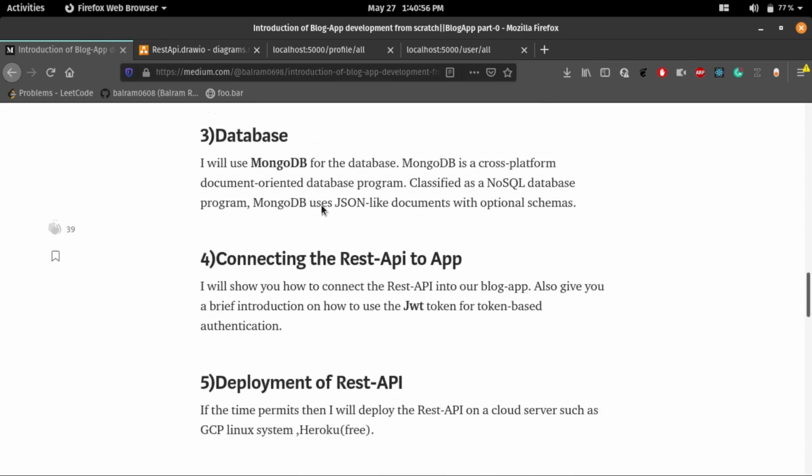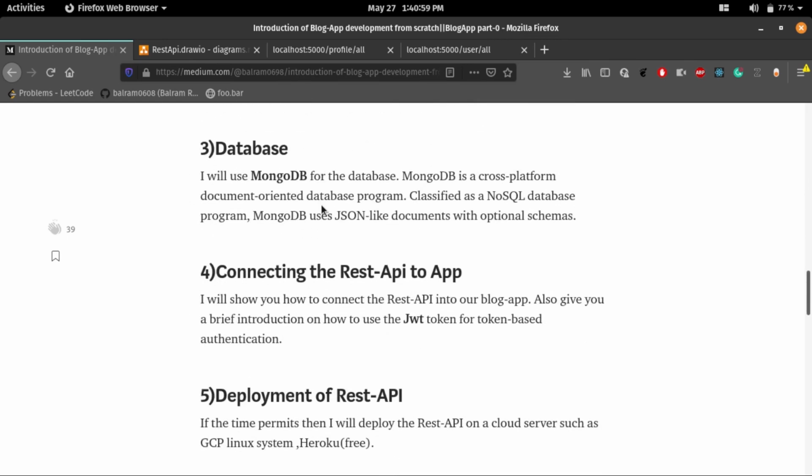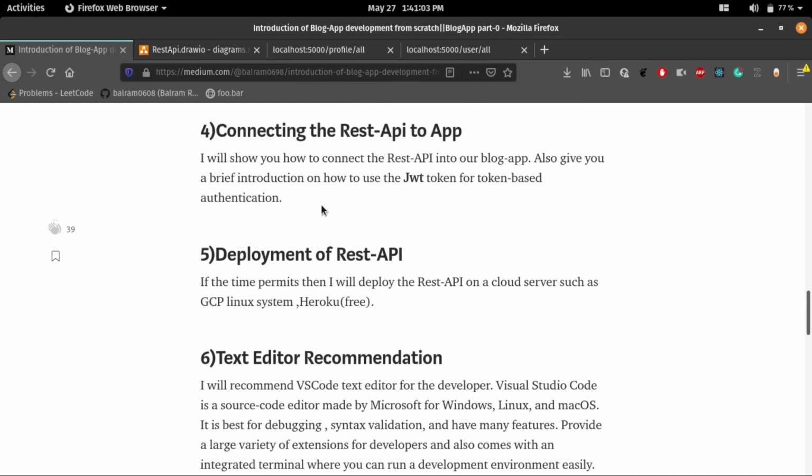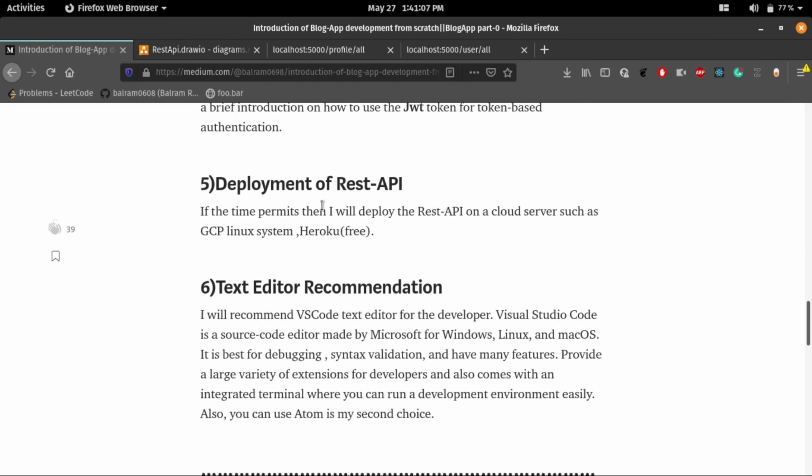For the database I am using MongoDB, and I will connect the REST API to my app. At the end I will deploy my REST API to a cloud platform like GCP or AWS. I already have some credit on GCP, so I will try to upload the REST API there. If the credit expires, then I will upload it to Heroku.